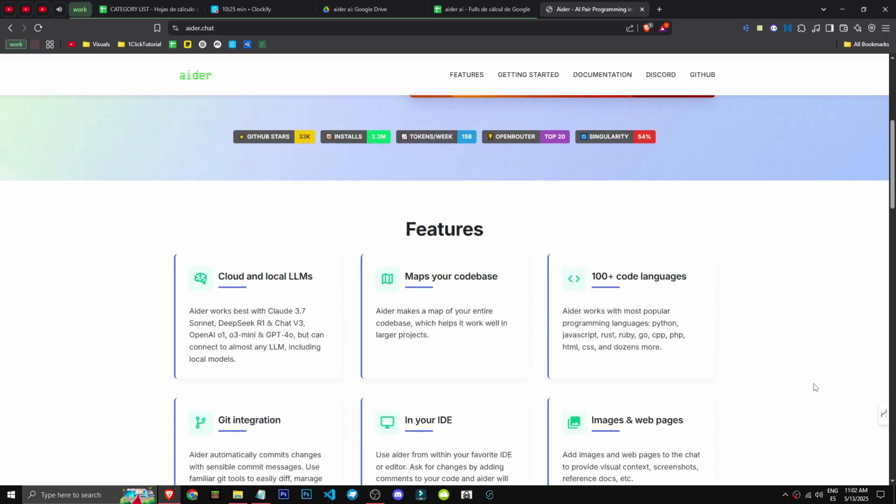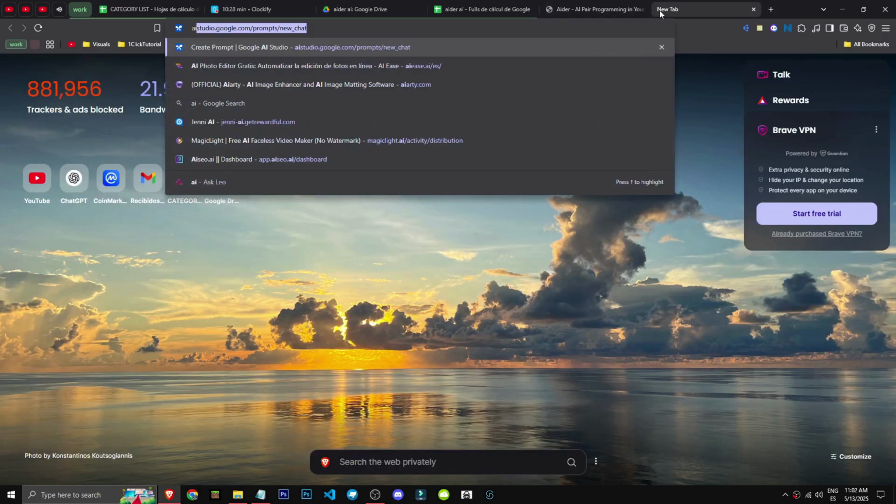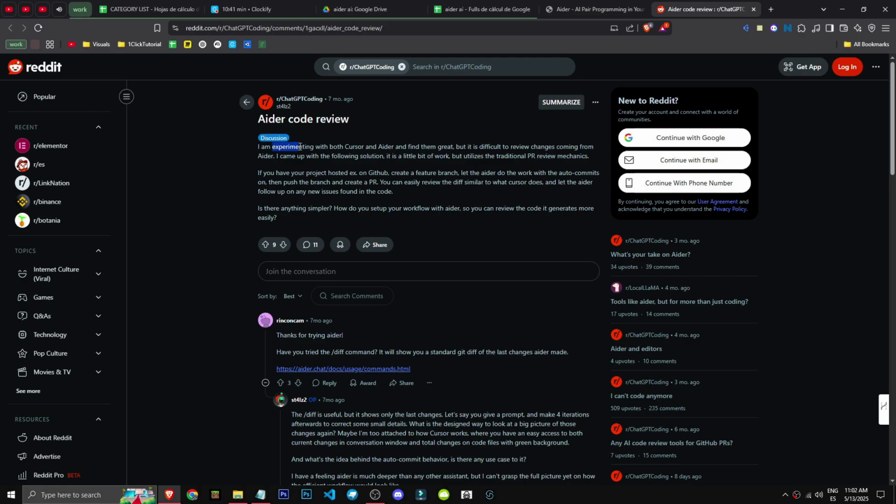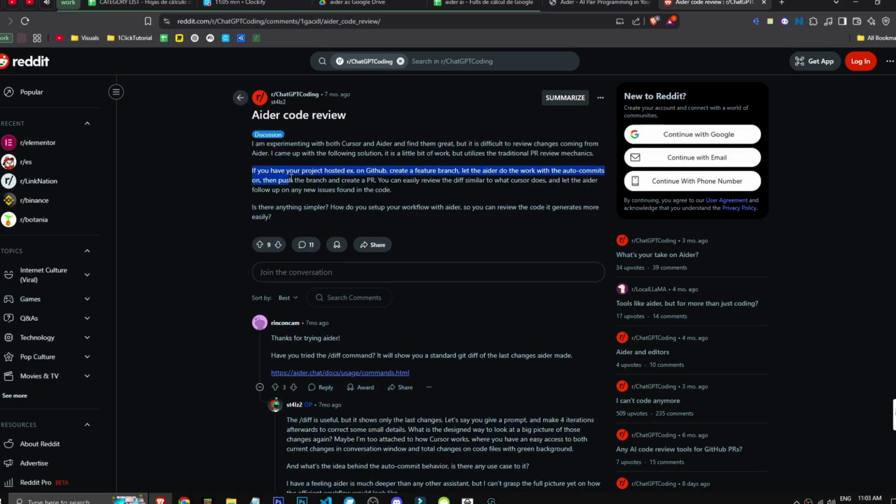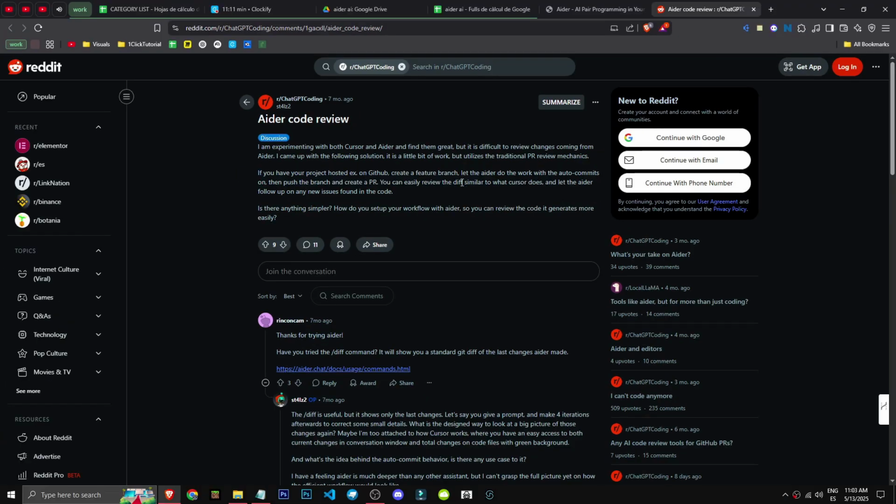So I just wanted to show you the tool, and, well, I don't think there are any reviews. I'm experimenting with Cursor and AIDER. They're good, but it's hard to spot AIDER's changes. If we have a GitHub project, AIDER lets us auto-commit, push branches, and create PRs right from AIDER itself,